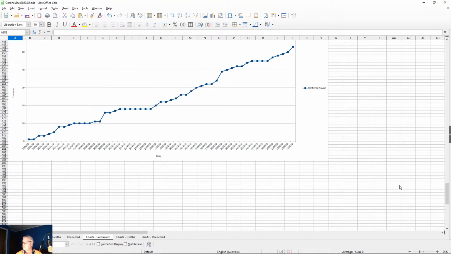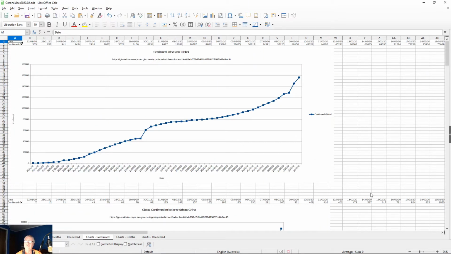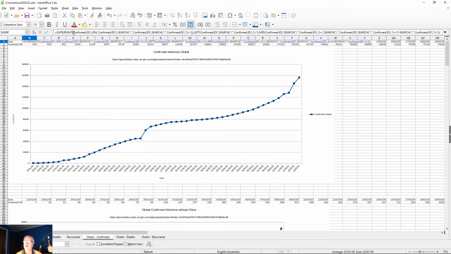Now let's just go back. We'll just go to the top corner. Just take a look exactly. So it's now giving confirm dot E2 to E443. Interesting that there is no dollar sign in front of confirmed. Wonder why. Maybe because there's an assumption that we're not going to be moving from,